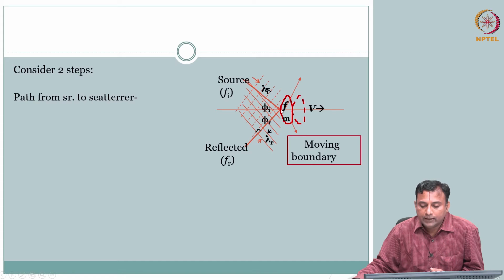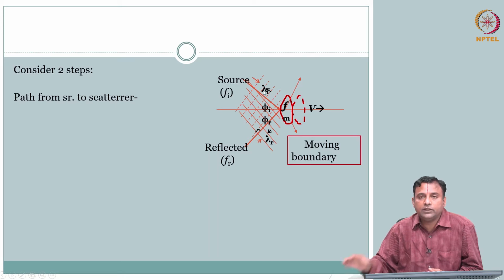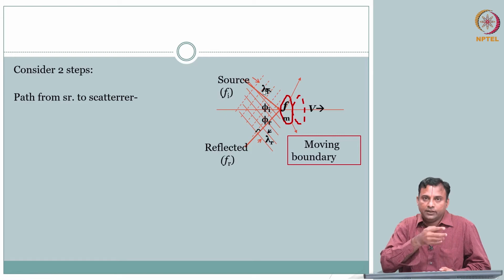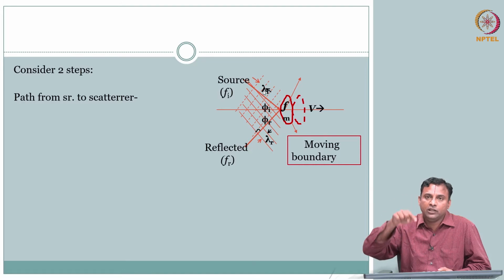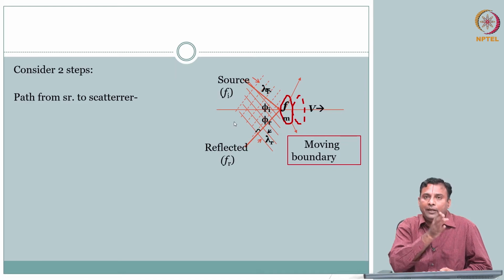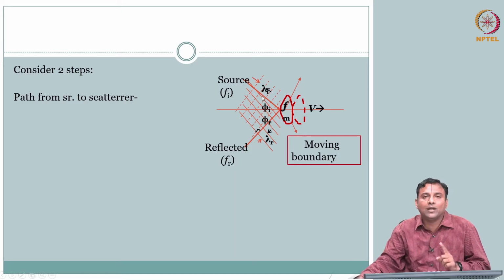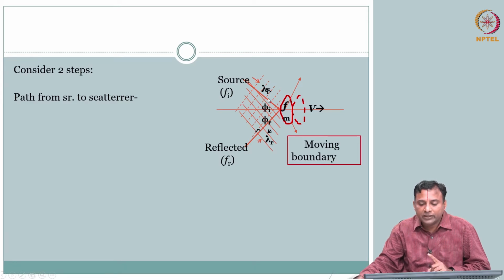So if I sit on the object here, what is the velocity with which, what is this? These are plane wave fronts, right? Different phase, high rarefaction or compression, high pressure, low pressure oscillating. So what this line indicates is an isophase plane, some pressure. Typically you can consider that as a peak pressure, peak positive or negative. The distance between them, one cycle, is your lambda. So what is the velocity with which this phase is hitting this interface?